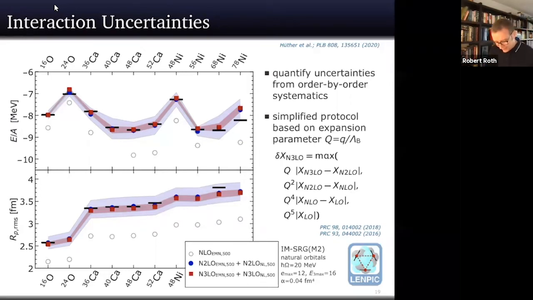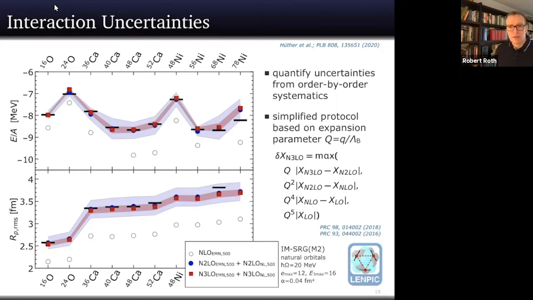We developed that in the so-called LENPIC collaboration, which is very focused on development of new interactions. In the meantime, we do that really in a Bayesian framework, so you can use sophisticated statistical methods to address this. But what we do here is just a simplified protocol, which is based on this power series character of